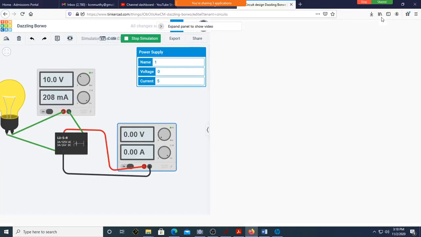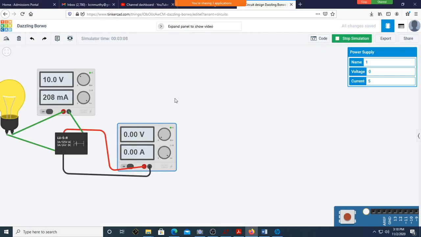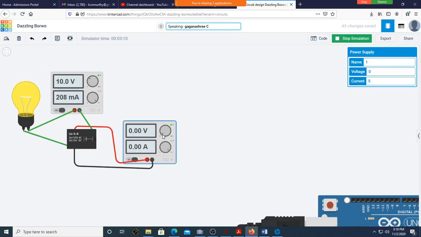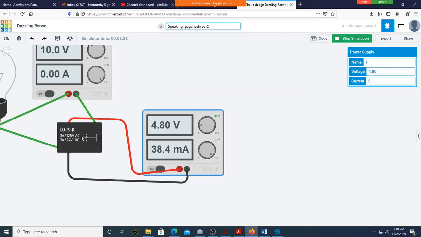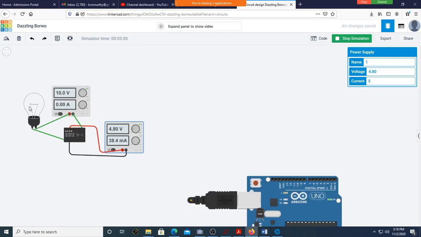Suppose I make this large, does the bulb go off? Before the bulb goes off, does this connection go above? It depends on how much. If I make it 5 volts, see, it went up. What is the condition of the bulb? It is off. Why is it off?